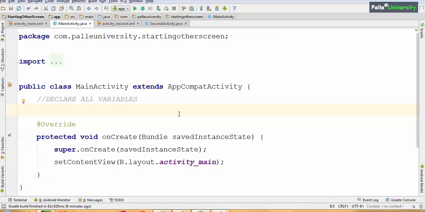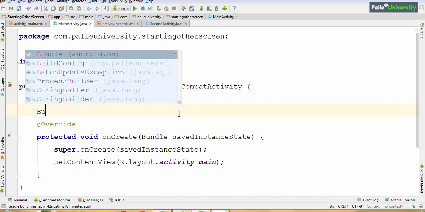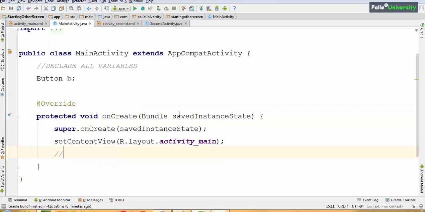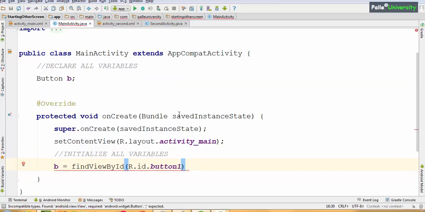So I can skip that text view variable and declare only the button variable, and inside the onCreate method initialize all variables. We have only one variable, Button b equal to findViewById R.id.button1, Alt Enter, cast it.